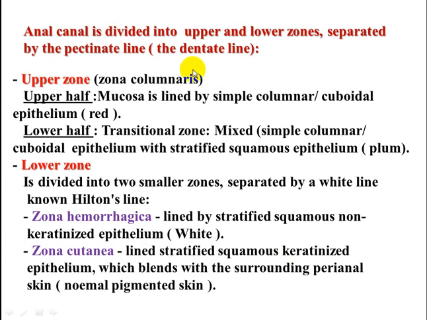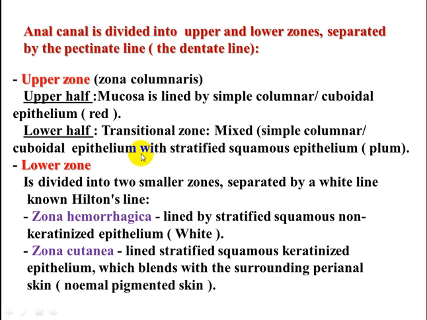The anal canal is divided into two zones, upper and lower, separated by the pectinate line. The upper zone is called the zona columnaris. The upper half mucosa is lined by simple columnar or cuboidal epithelium, which is red in color. The lower half is called the transitional zone, a mix of simple columnar or cuboidal epithelium with stratified squamous epithelium,